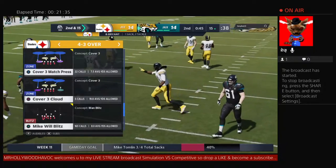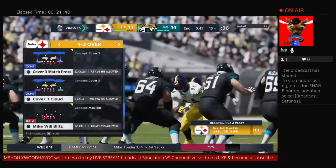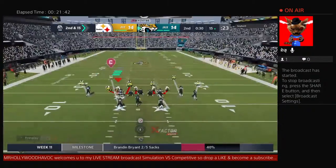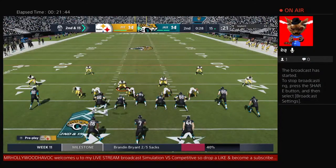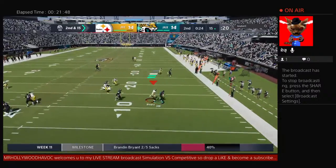Taysom Hill. So this has been a lot like a tennis match, hasn't it? Back and forth. Both of these offenses having their way so far. So maybe the question isn't, who's going to score the most points in this game? Maybe it's who's going to get some stops. Yeah, absolutely. And that sack, finally a first step in the...